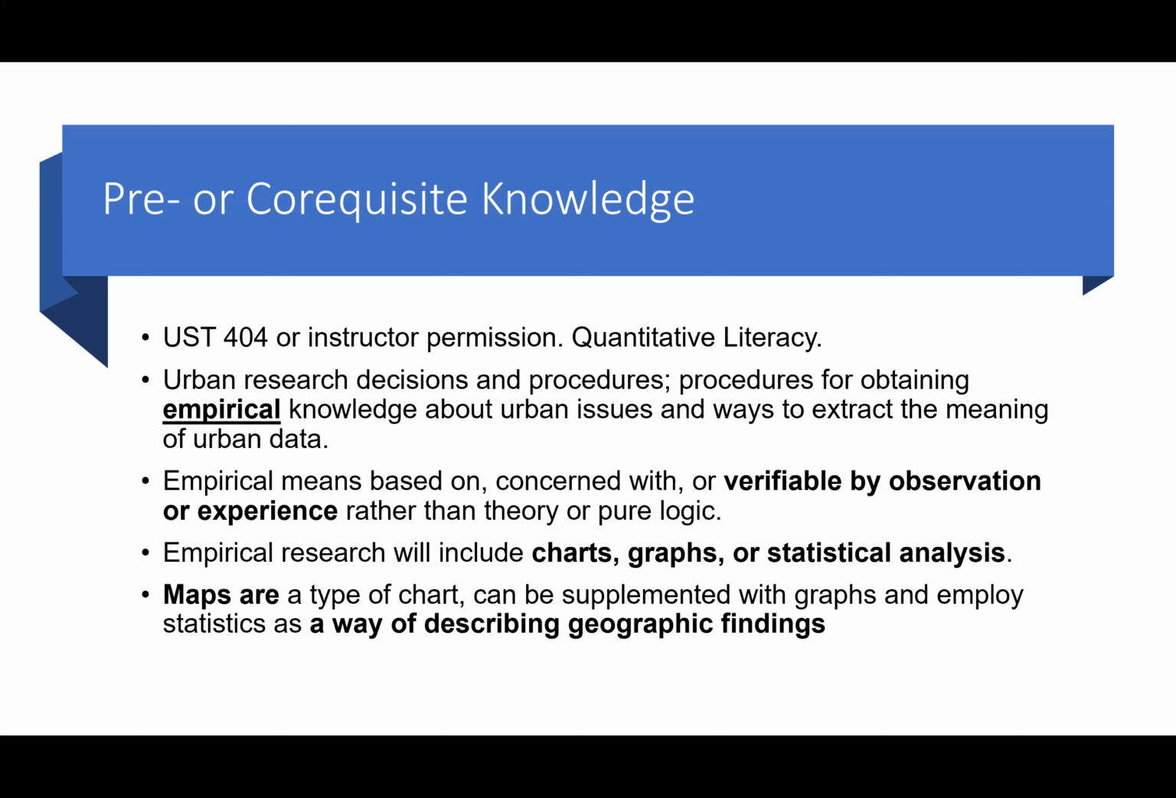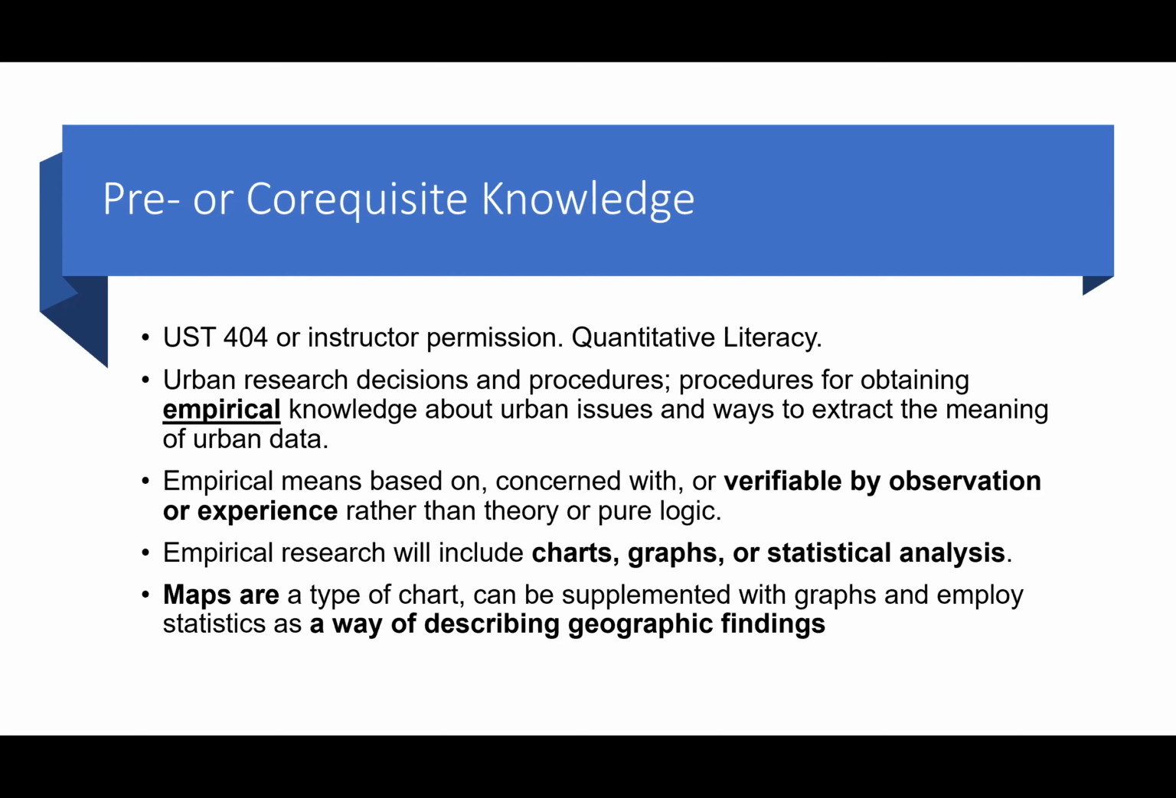Empirical research often includes charts, graphs, or statistical analysis. And maps are a type of chart, and they can be supplemented with graphs and employ statistics as a way of describing geographic findings. So GIS, again, is very much a technical and quantitative tool. Not to say that you can't examine information qualitatively, or that there isn't qualitative information that goes along with